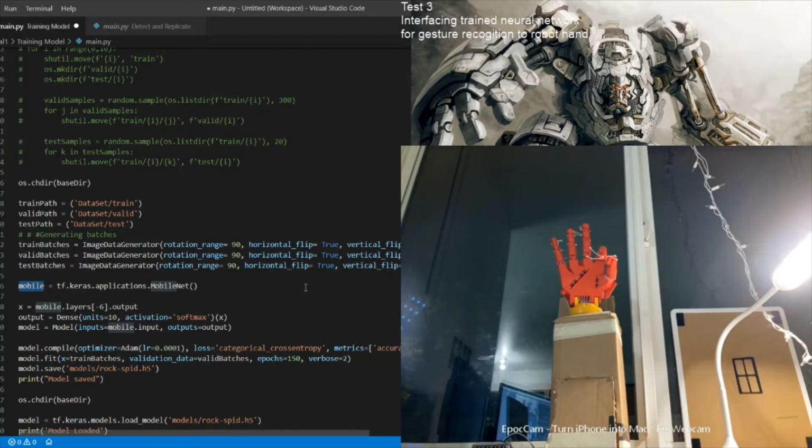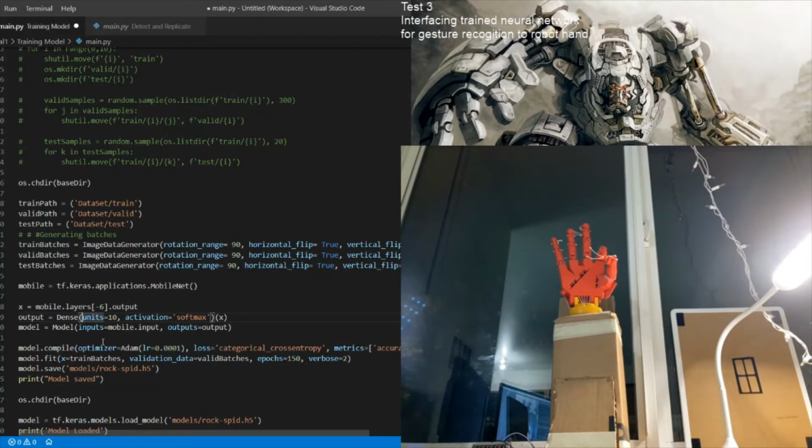We avoid the last six layers, take all the other layers and save it in X, and then we declare our own output of 10 neurons, since our gestures are only 10, and create our own model with input layers as the MobileNet model, and 10 neurons in the output as required.